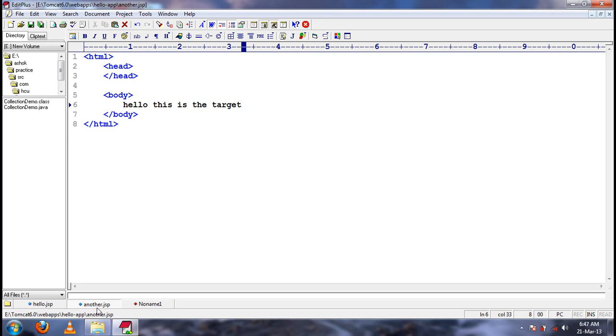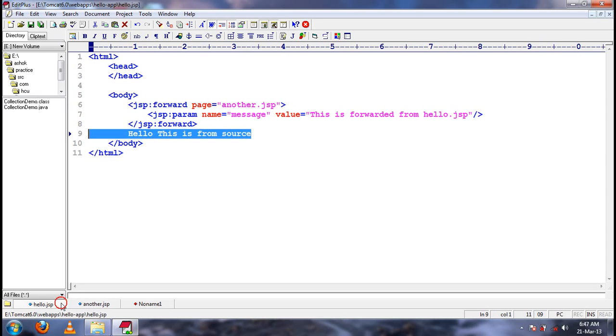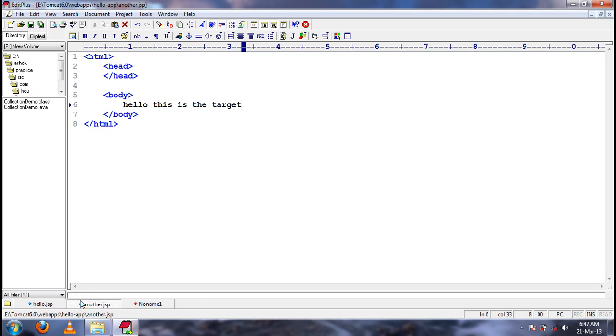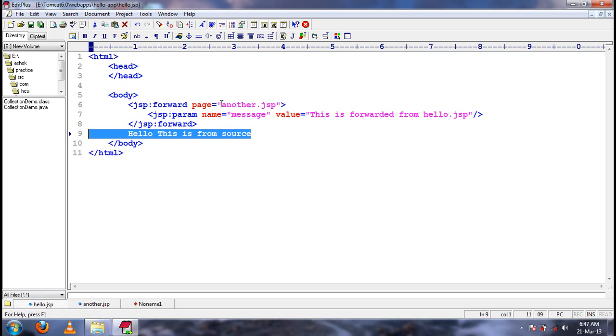I have forwarded the request from hello.jsp to another.jsp. hello.jsp is the source and another.jsp is the target. In hello.jsp I have used the action tag jsp:forward, where we have the attribute page, and there is a param tag which has a name and value pair. Name is the name of the parameter, value is the value of the parameter.